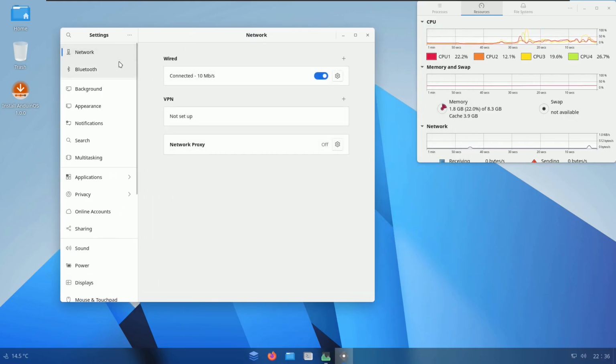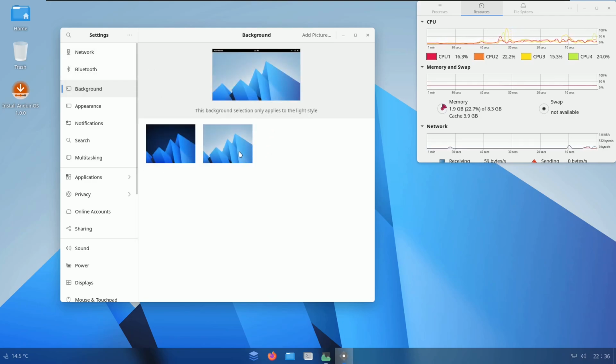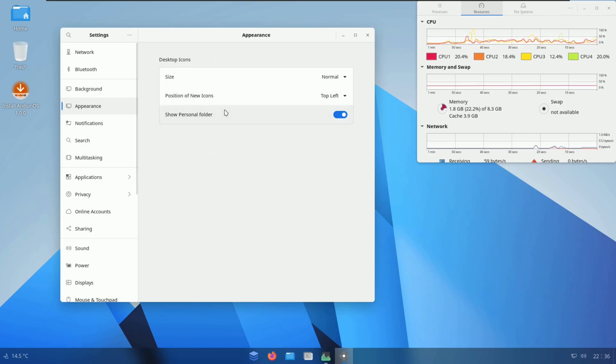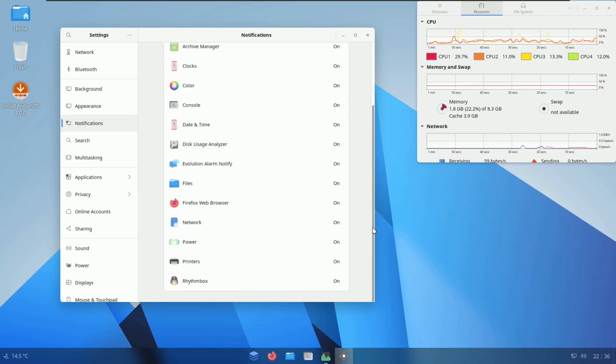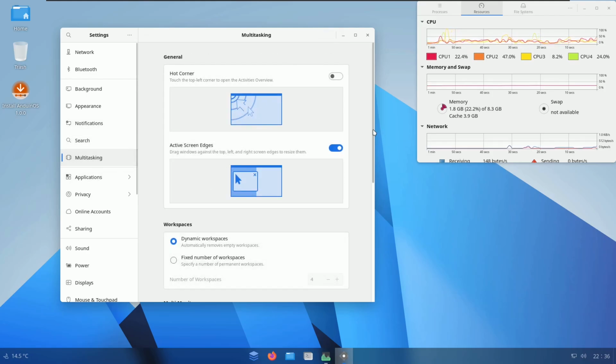So you get the GNOME desktop environment, network options, Bluetooth options. Here are our backgrounds. So you basically get two wallpapers, a light one and a dark one. So you don't get a big bunch of wallpapers here. You can add your own wallpapers if you want. Here is the appearance, notifications, the search, multitasking,